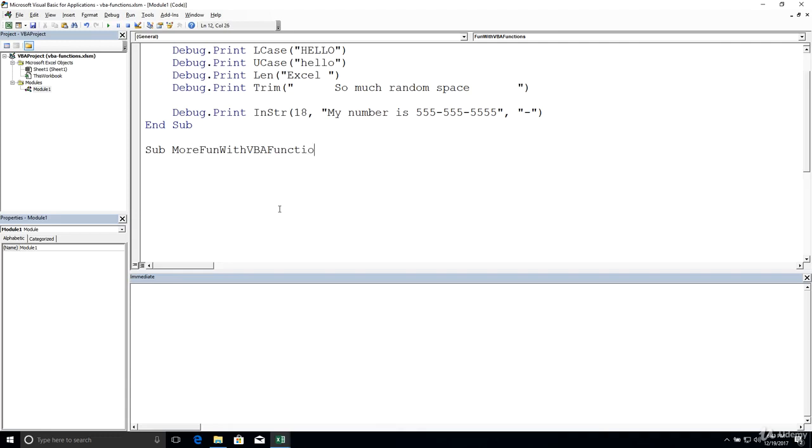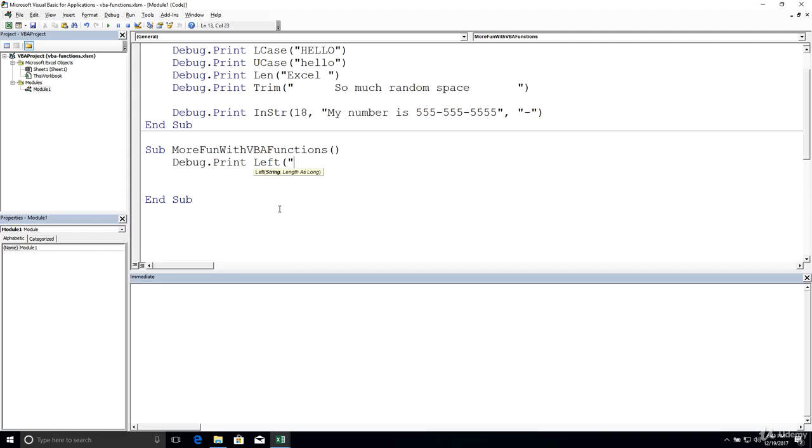And we'll notice this time around that some of these, again, are very similar to equivalent functions on the Excel interface. For example, we have a left function right here. And what left does is it accepts 2 arguments. The first, as we can see here, is a string, and the second is a number, we can see that with the long, that represents the number of characters that we want to take from the left side of the